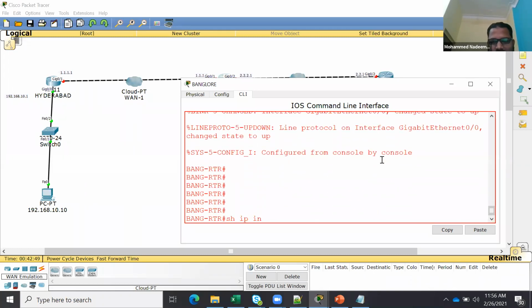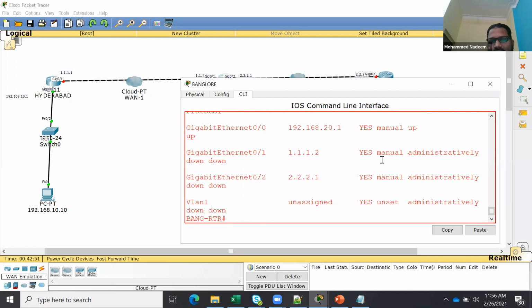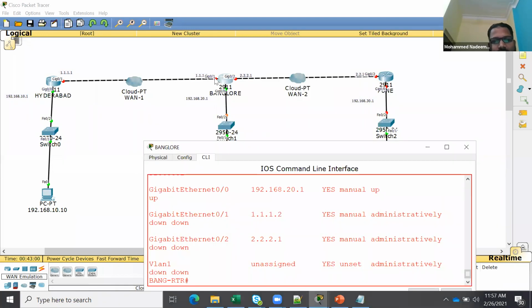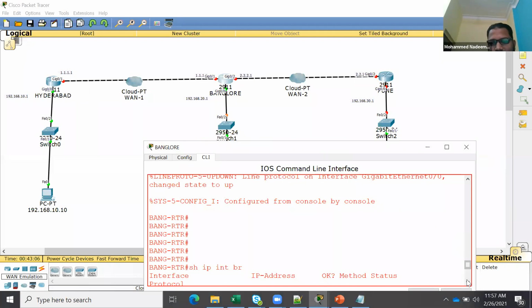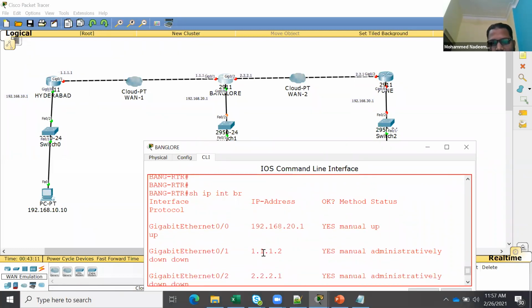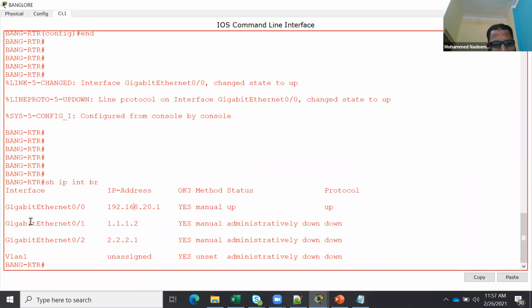Show ip interface brief. Can you see it? Done. So 0 by 1 has not yet come up. So if you go here, okay, not a mistake. Can you see what this interface is saying?